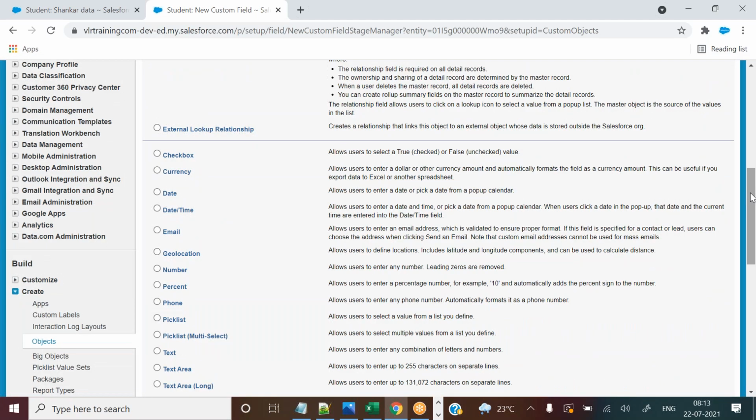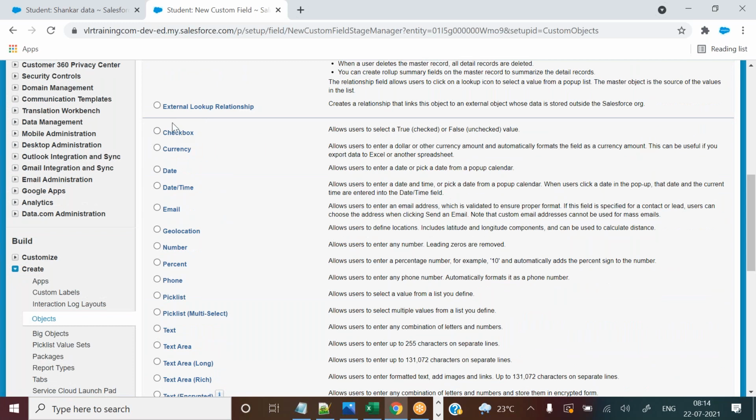So guys, I am going very slow, not a problem, because these are very key pillars for the whole Salesforce subject. Not only for admin, for Salesforce development also, these are the key pillars. So once you are able to understand easily, and if you remember easily, then going forward you can easily understand the subject also.